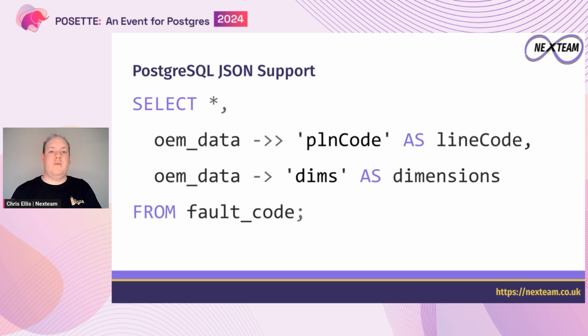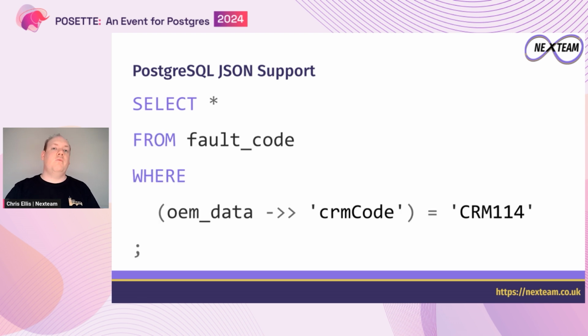And this doesn't just have to be for usage in select lists. We can also do this in the where clause. We can pull a property out and then match on it, just as we could with any Postgres expression, function or operator. And this lets us do that very basic predicate. Obviously, in this particular instance, we could maybe speed this up by using an expression index. But if we want to be able to look up random properties, we have to do things a little bit differently.